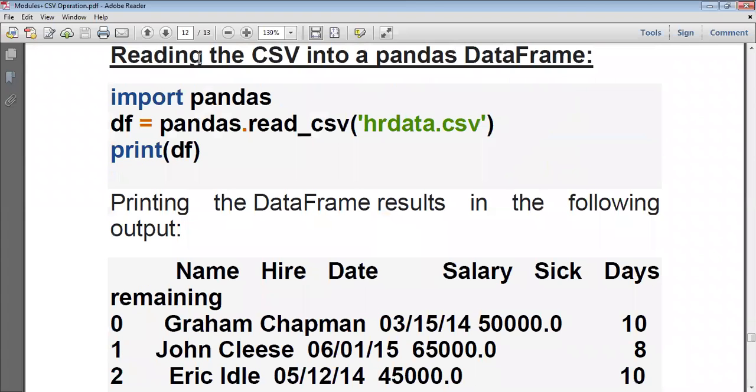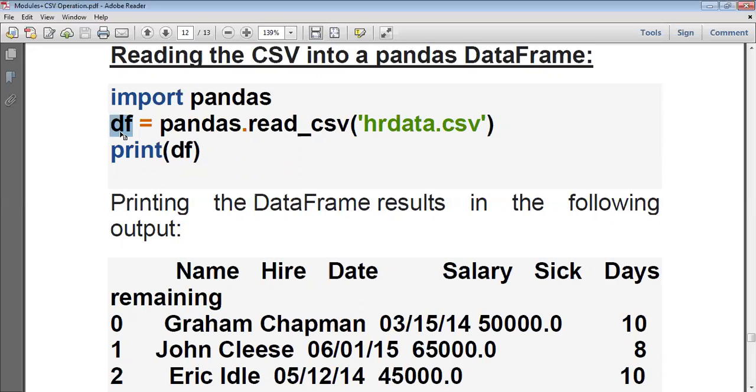So next we will see how we read the CSV into the pandas data frame. Here you have to import pandas. In the previous example you used import csv. Instead of that, here you have to use pandas. So import pandas. Next, using this pandas, the function that you want to use is read underscore csv, and inside that the file name. So this file is read and it is stored under the object called df. This is nothing but a data frame object. This is the object that consists of the entire content of this CSV file.